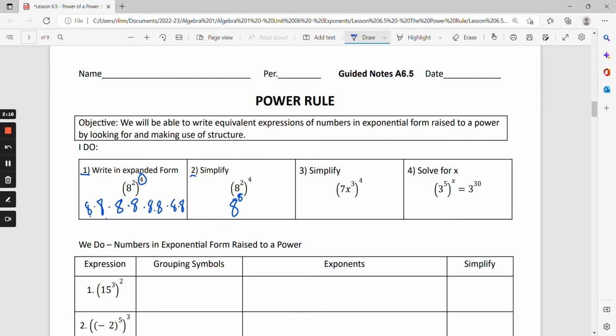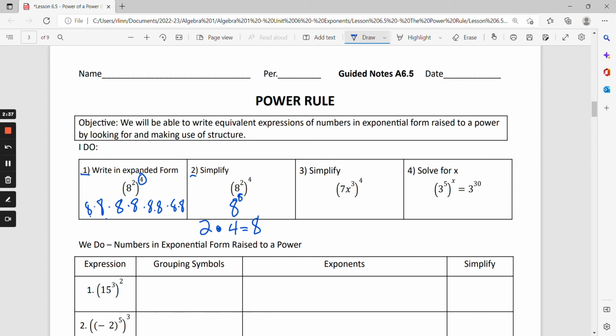When I have a 2 and a 4, what do I do with 2 and 4 in order to get to 8? I'm, of course, going to multiply those. 2 times 4 is equal to 8. That's the only way I can get it. 2 plus 2 isn't 8. It's 2 times 4. So we've got 2 times 4 is equal to 8, which means that when I have